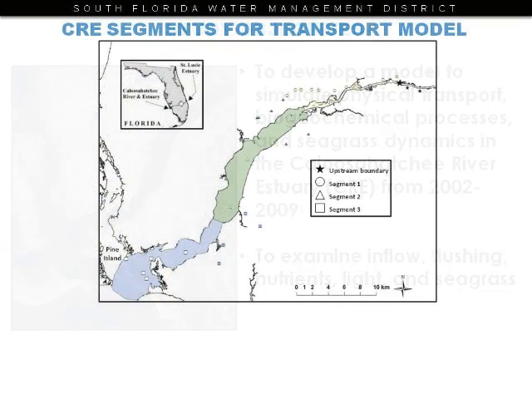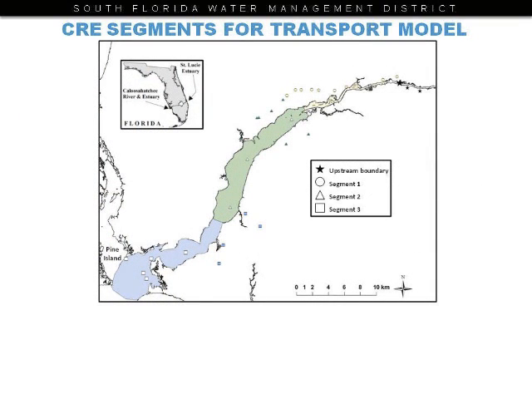So here's the Caloosahatchee Estuary. We split it into three segments. One segment goes from S79 down to just a little beautiful island. The middle segment, in green on our screen, goes from the boundary at the top to an area between two bridges. And the third segment runs down from the boundary to Centerville Bridge, bound to the north by Pine. So these are 14 boxes that we use for development of